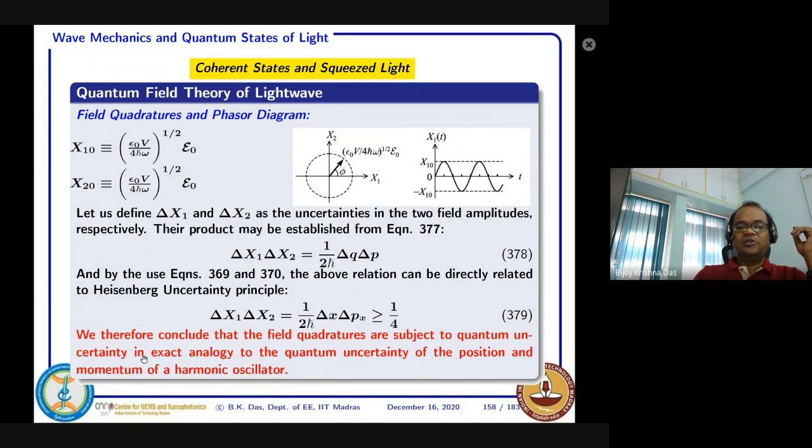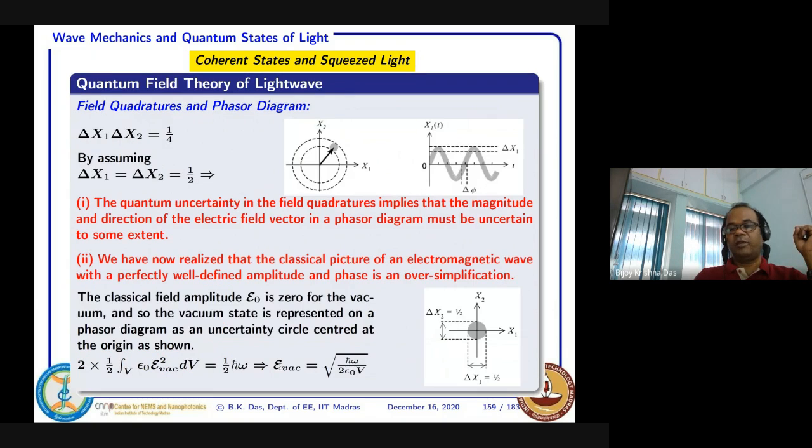Now that is what we conclude. We therefore conclude that the field quadratures are subjected to quantum uncertainty in exact analogy to quantum uncertainty of the position and momentum of a harmonic oscillator. That's just the conclusion we make. Now you think about that, delta x1 times delta x2 equal to 1 over 4, and that means